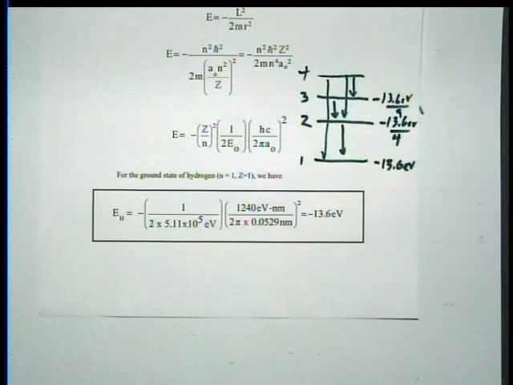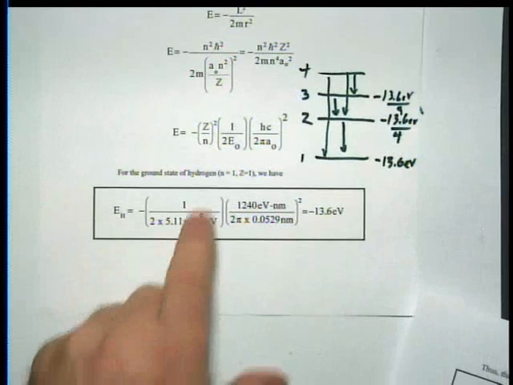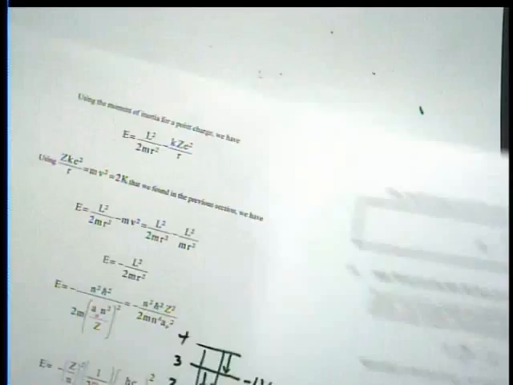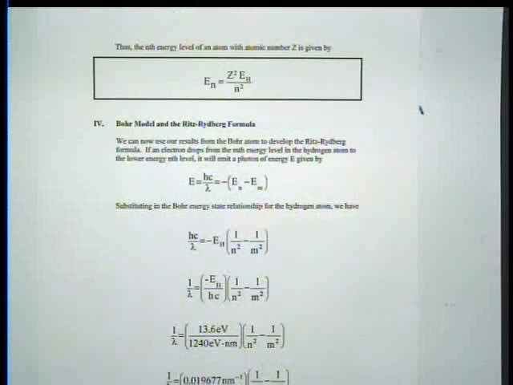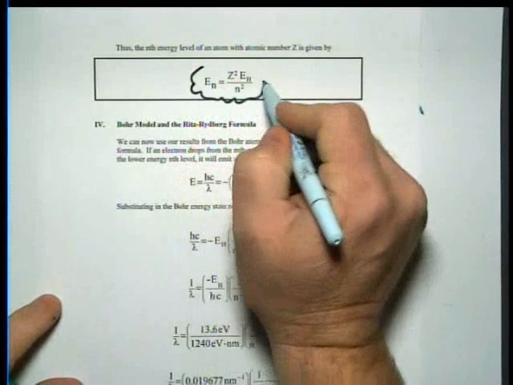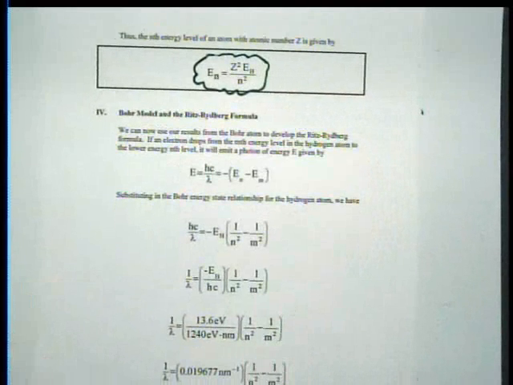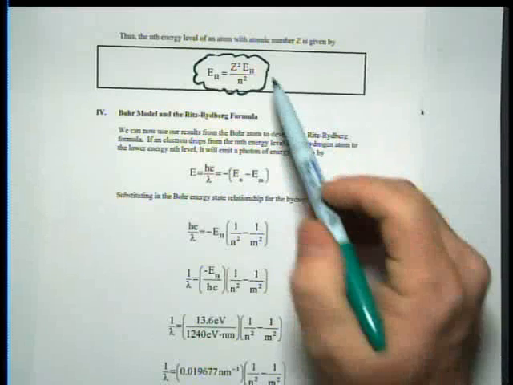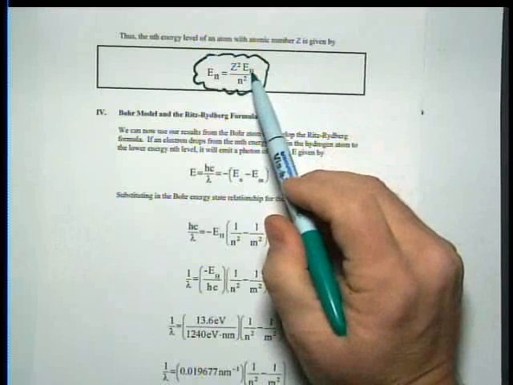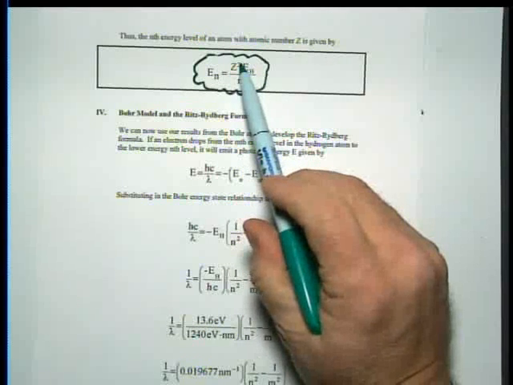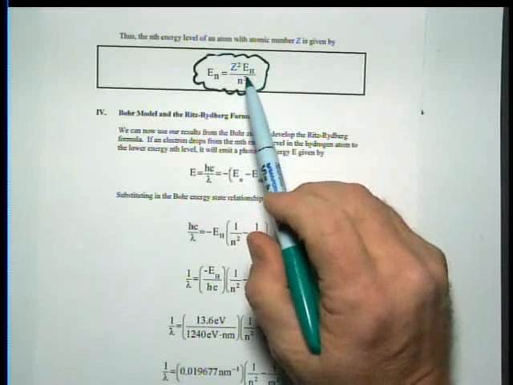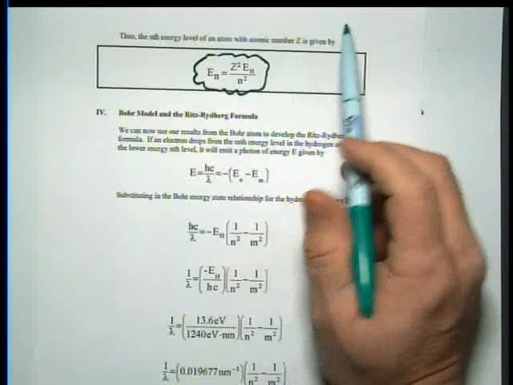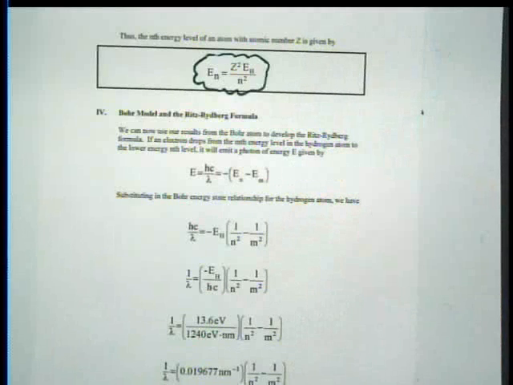Now, if you take that hydrogen 13.6 and you put that in for all of this junk, you can write the energy formula for all the atoms like this, assuming, of course, that we're considering only one-electron atoms. Take the hydrogen ground state, minus 13.6, multiply by the atomic number squared, and divide by the n squared for your particular energy level, and you can give me the energy diagram for whatever single-electron atom you want. So, same sort of problem that you could be asked.